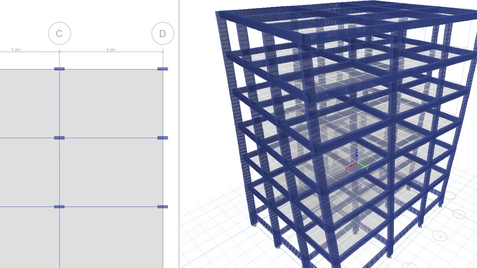The first mode always governs the failure of the structure, so its time period is always higher compared to all other modes. You can check the time period for the second mode and the first mode.